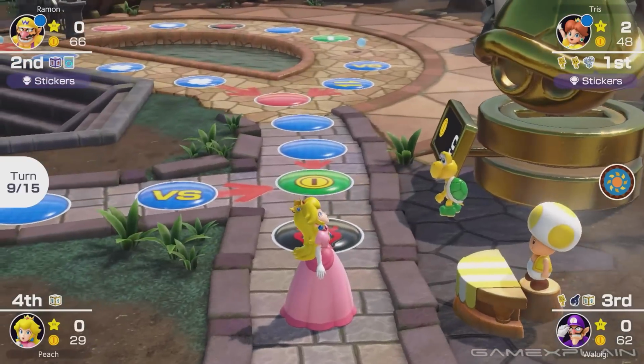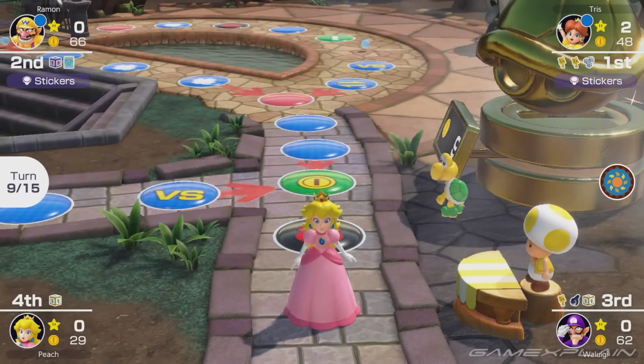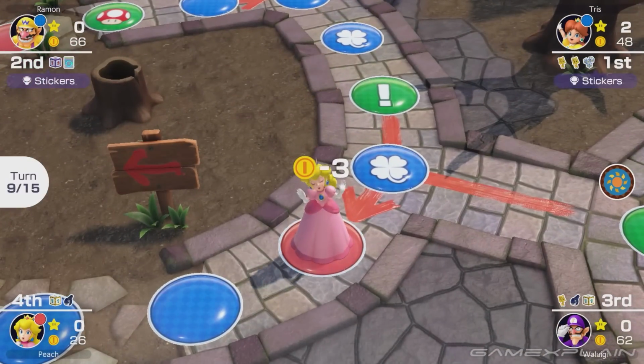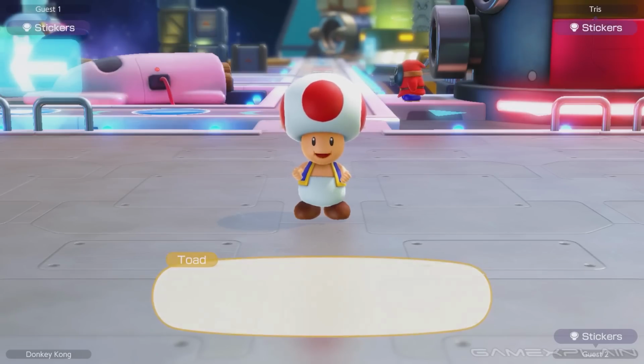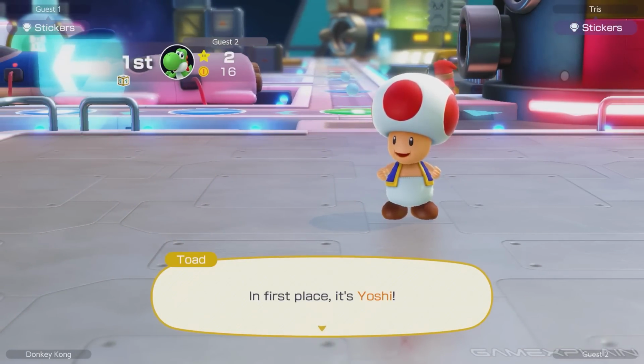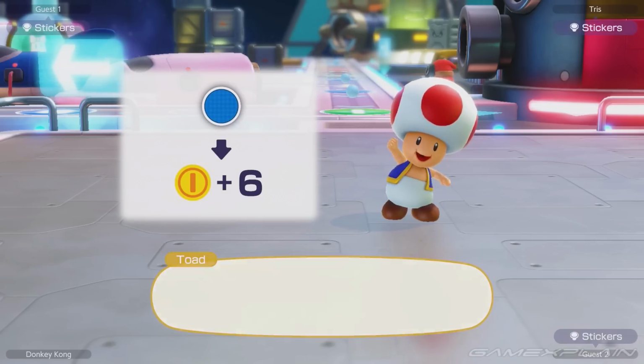Though, I did find that computer opponents, annoyingly, will often stock up on multiple chomp calls, making it pretty difficult for anyone to get a star for quite some time. Eventually, whether you play for the minimum of 10 turns or the maximum of 30, the game enters the final 5 turns. Spaces give and steal more coins, dual minigames can begin,